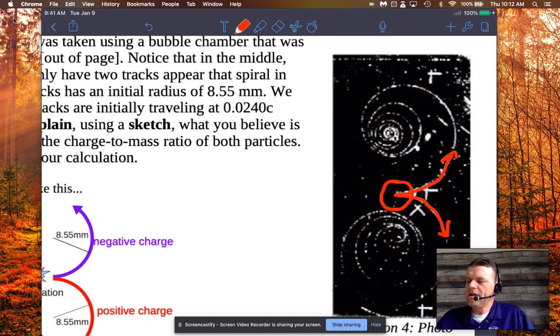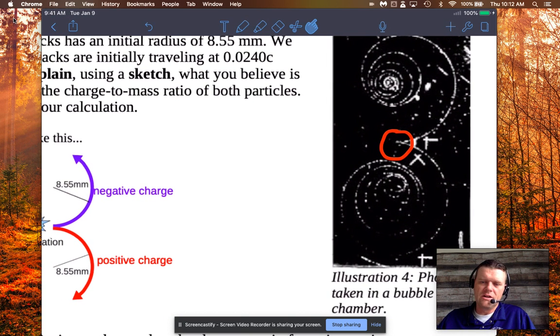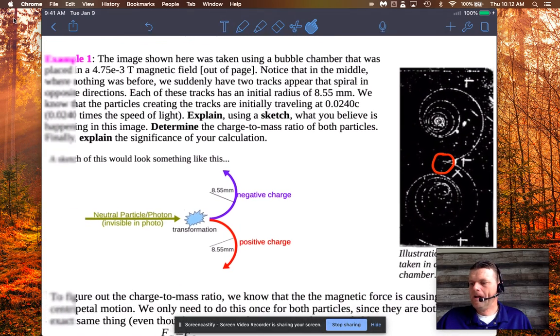Okay, but the main thing here is that we see that initially, and I'll maybe clear that off because my drawing even obscures it, you see that initially the curvature is identical. Okay, and then you see this classic inward spiral, the cinnamon bun effect, because the charged particles are bumping into, in this case, hydrogen or something in the bubble chamber.